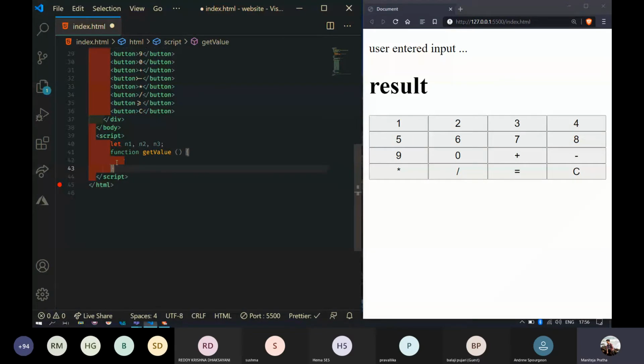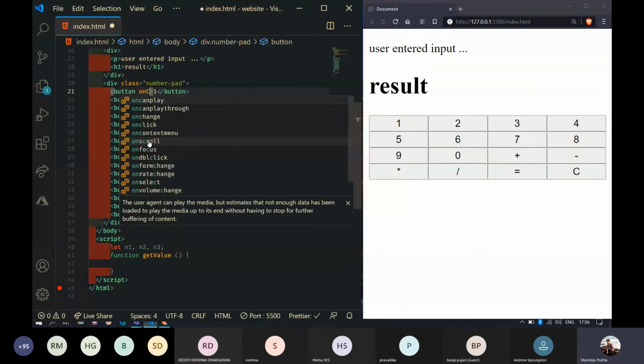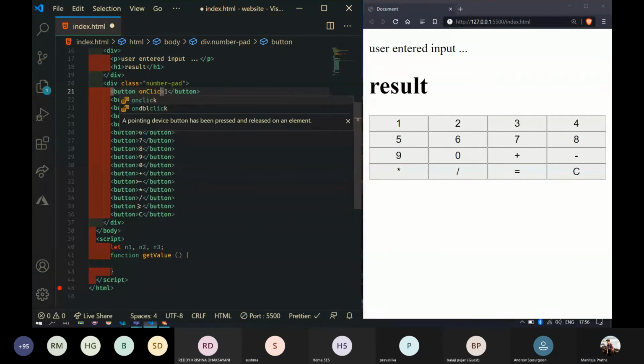What this function will do is, for example, let's assume the user has clicked this 9 button. So what is the value that I want to read? 9, right? So that's why I will add an on click to this function. So on click, get value of 1.